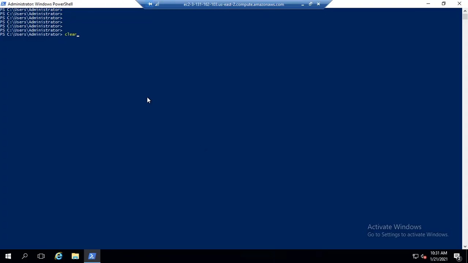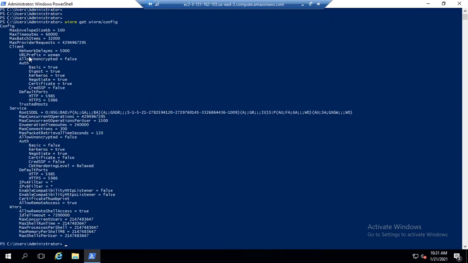Go to the Windows machine and check the WinRM configuration. Here you can see allow encrypted false in the client section, but we can skip this for now. And the ports are 5985 and 5986.